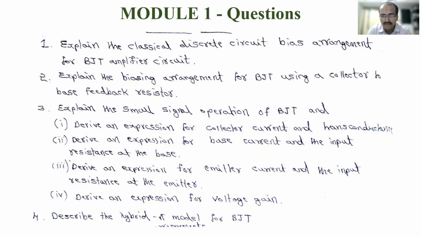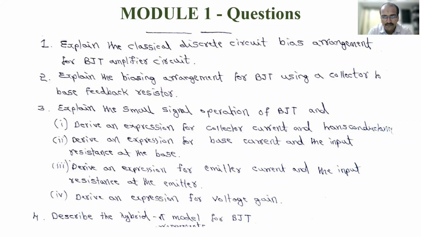In the second part, the same thing of the model also we have discussed, and in the second part we have discussed the MOSFET. In the same way, biasing in MOSFET we have discussed. Since you don't understand the terms in MOSFET characteristics, I took 2 classes to explain them: how the MOSFET is constructed, its device structure, how it operates, its VI characteristics, and how you get that equation ID equal to 1 by 2 Kn dash W by L (VGS minus VT) whole square, right? That is not in the syllabus, but still I took those 2 classes to explain the remaining concepts.